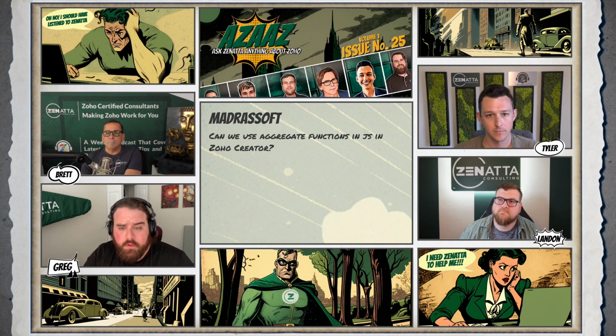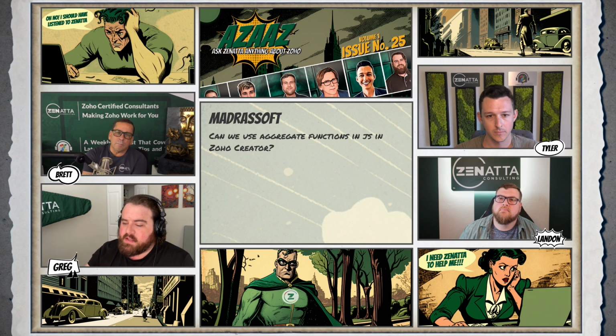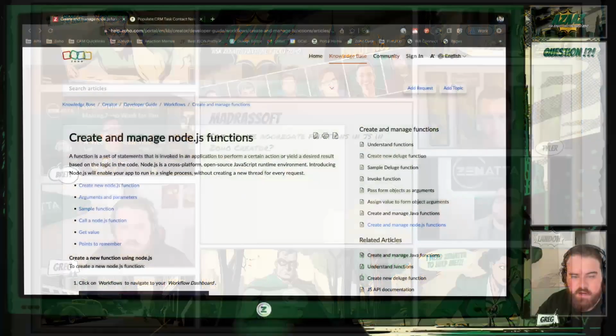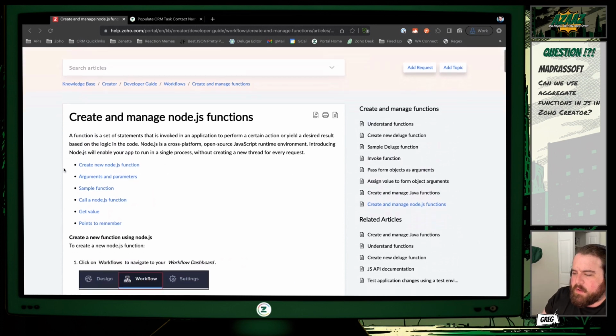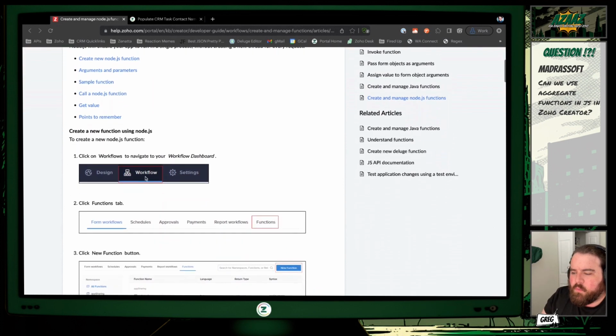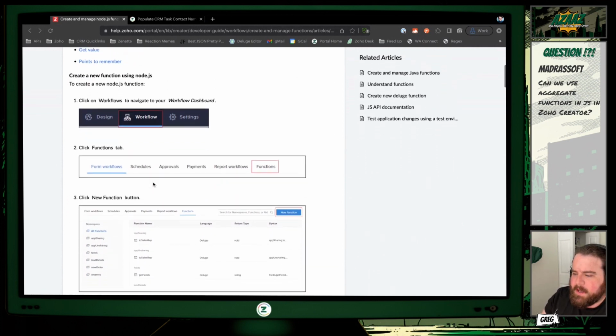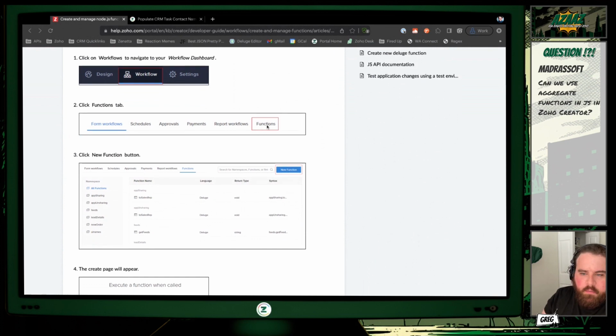For those who are unfamiliar with the idea of JavaScript in Creator, I actually have a screen share to show. This is just the Zoho help article on it, but I thought I would use this to show you guys where some of this information rests. Inside of Zoho Creator, under the workflow section where you can make form workflows and submission workflows, there's a functions tab where you can create these standalone functions that you can call inside of your various form